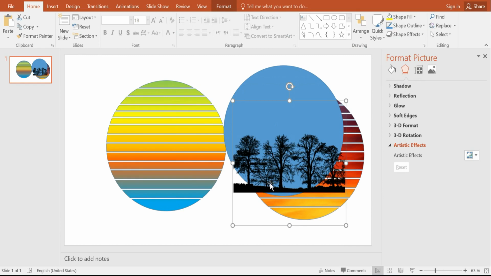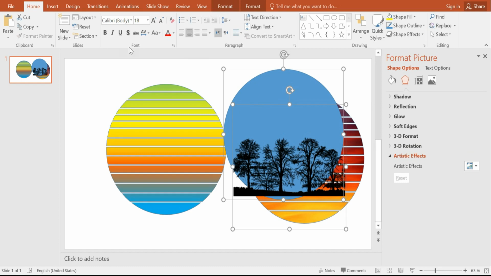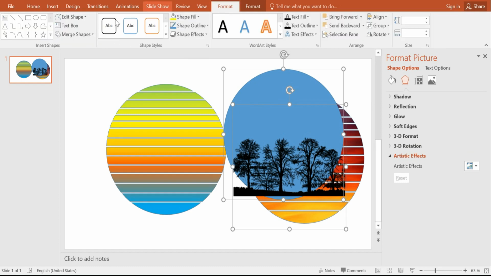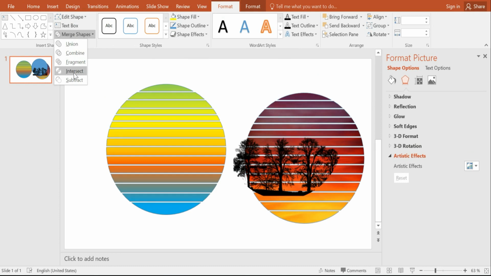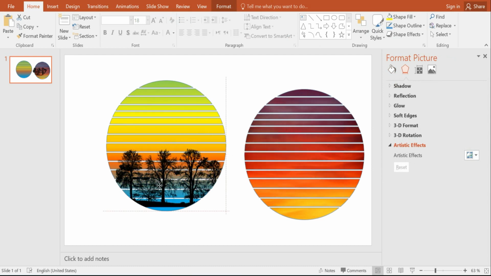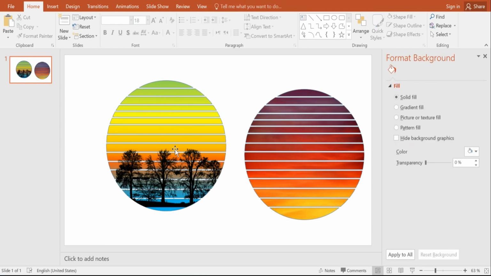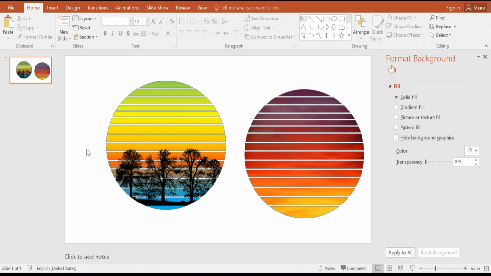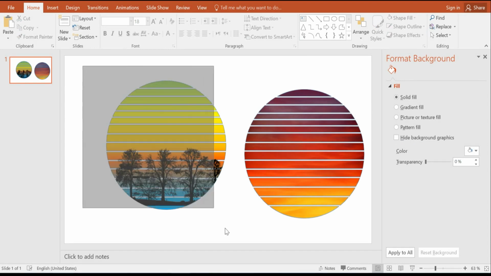Then select trees, shift, the solid color circle, go to Format, Merge Shapes, and Intersect, as you see. Then bring these trees and put them in our design like this, simply. And when you're happy with the design, just select everything in this design, like that,